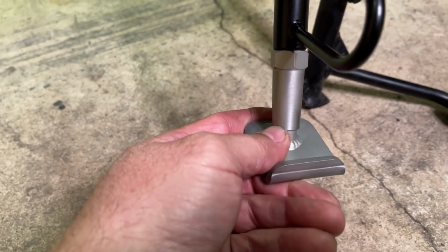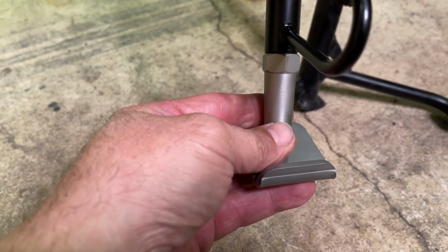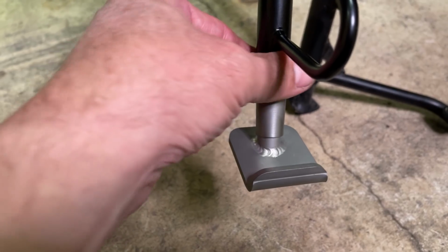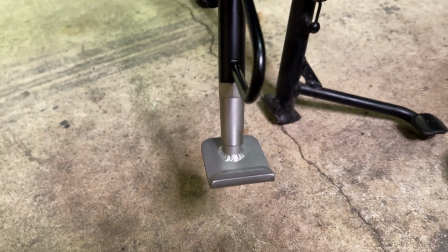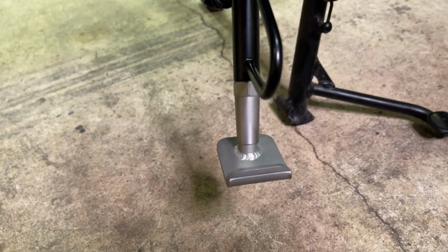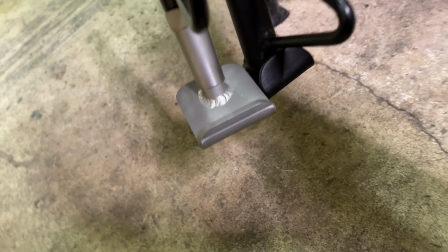All I'll have to do is trim the end of this collar a little bit, because the nut's up here. And this is almost like a beauty accent thing there. But I don't know, because this stand's only slightly shorter. I think it worked out to like 13 millimeters shorter. I don't know if there's any way I can hold that thing about the same height. Yeah, see, it's only...